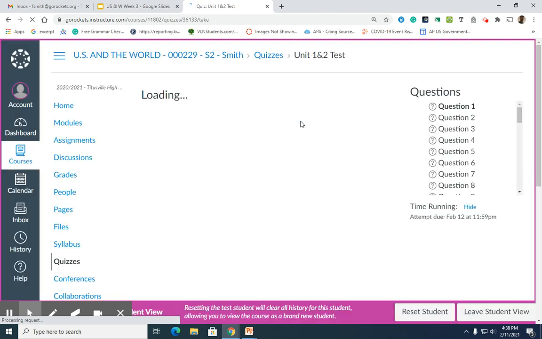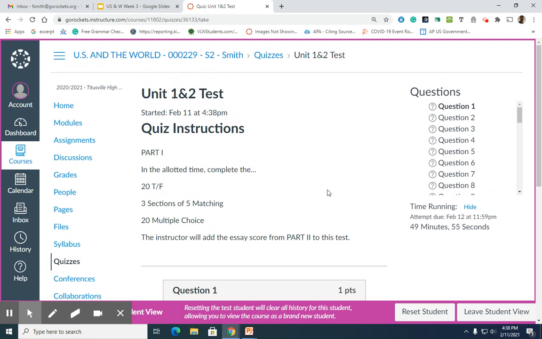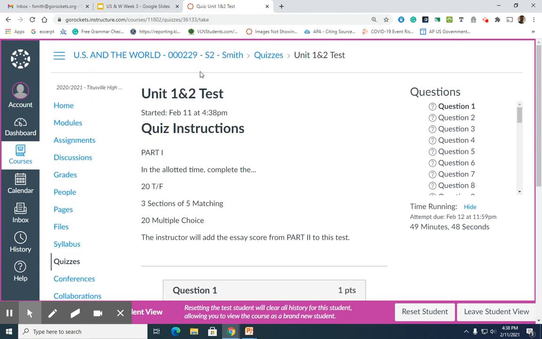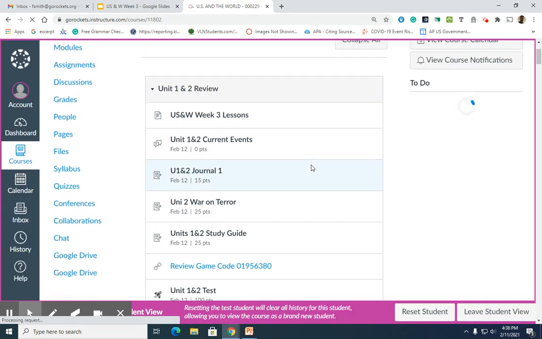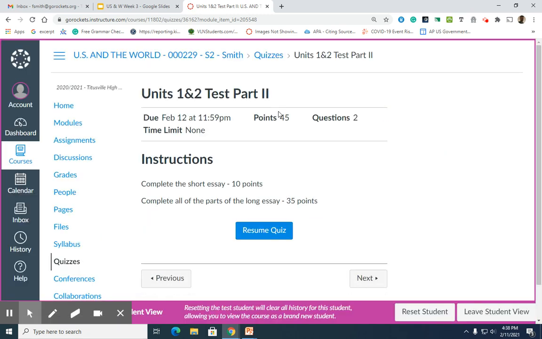And there's a time limit, so please make sure that you set yourself aside enough time to take this test. And of course, with each question, you'll click next. Only click submit when you are finished with the test. And then the other part would be the essay. If we click on that,